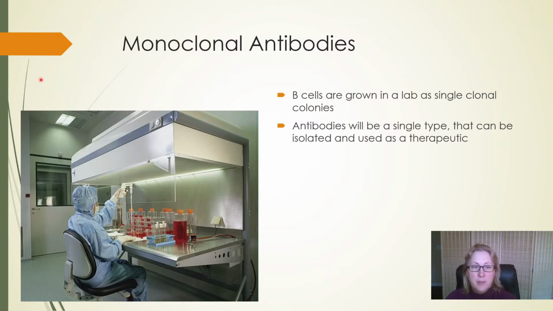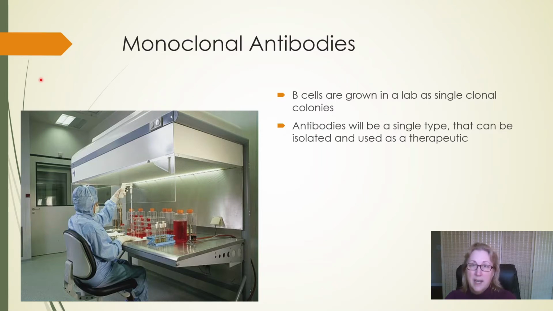And then all those B cells are separated and grown separately as single clonal colonies. And then the antibodies that those single clonal colonies produce, which will only be one type, can all be tested. And if you find that one of the antibodies happens to be a neutralizing antibody for whichever virus you're interested in, now you have a population of cells